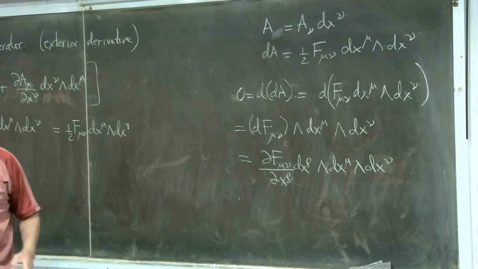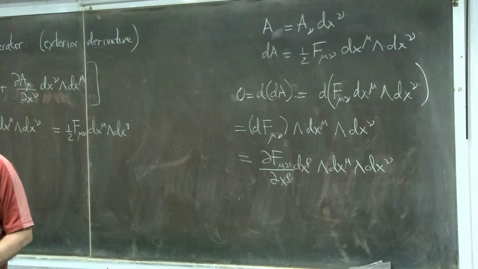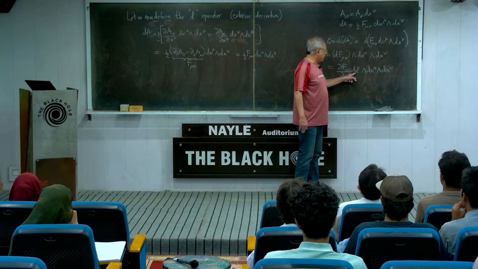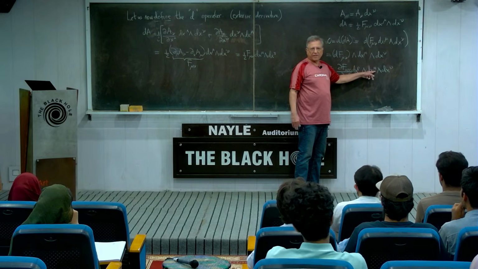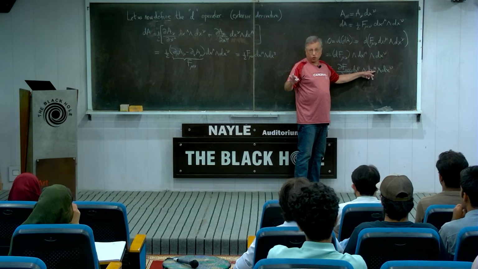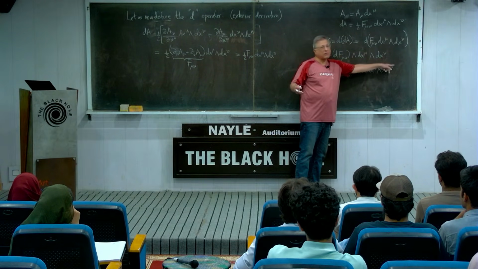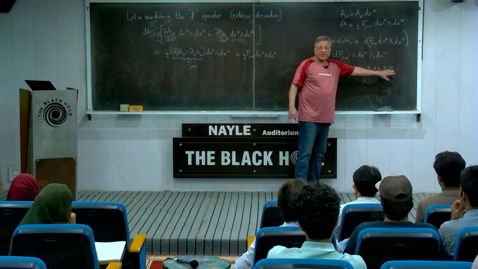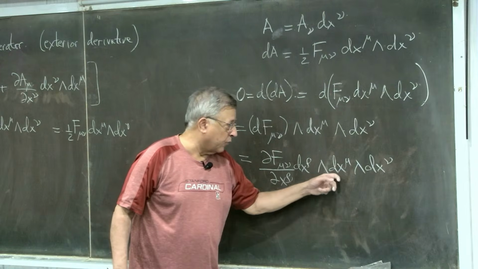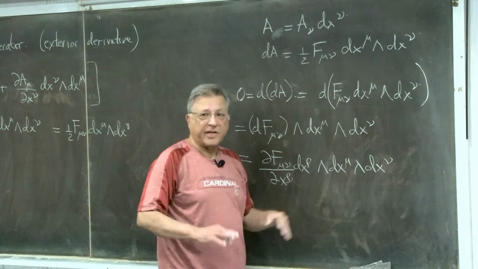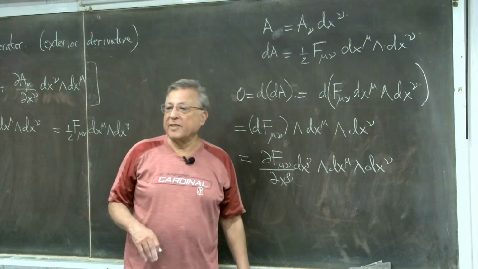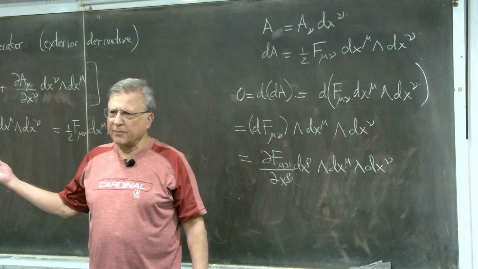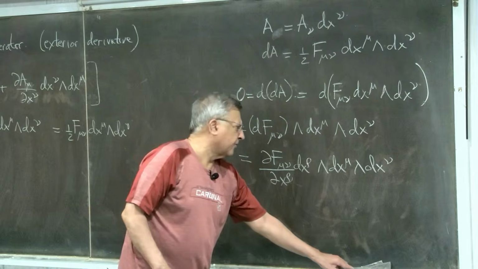But just like I like to write 1, 2, 3 as 1, 2, 3, not 1, 3, 2, what I will do is I'll take this across over here, I get a minus sign, because when I exchange two 1 forms, I get a minus sign. Then I take it across again. On the other hand, if I had 3 over here, 1, 2, another 1, then I'd have to make 3 leaps, which means I'd get 1 minus sign at the end. And that's why the differentiation had that minus 1 to the p. Okay, so this is